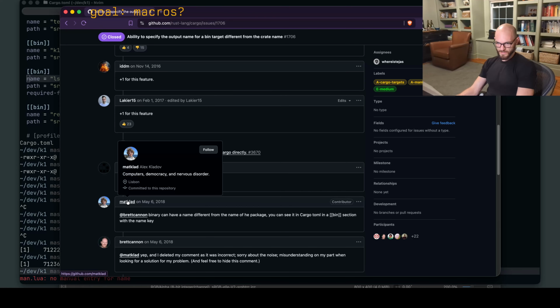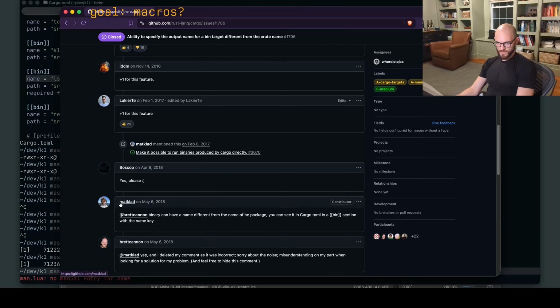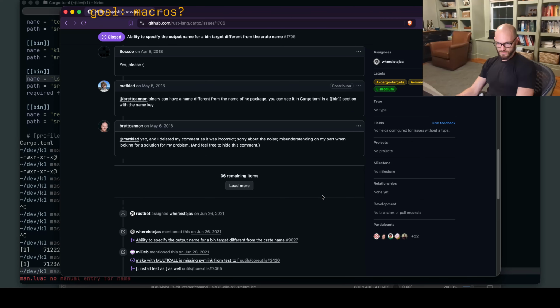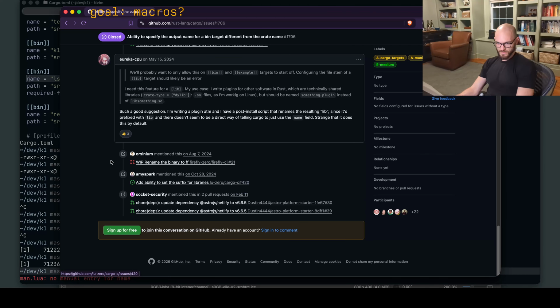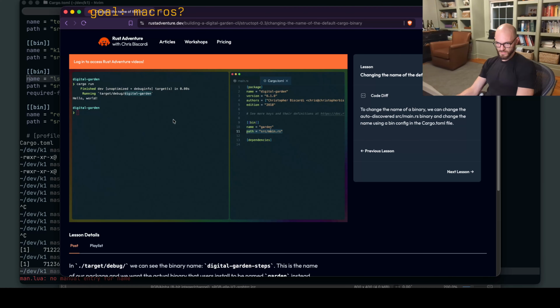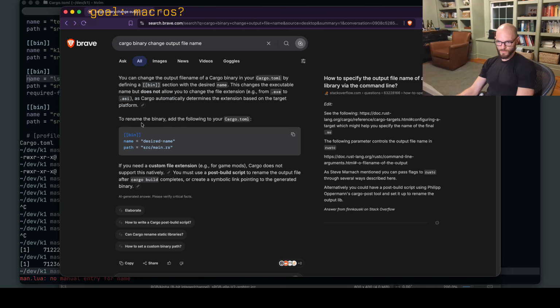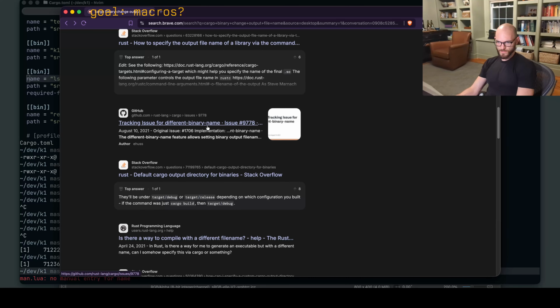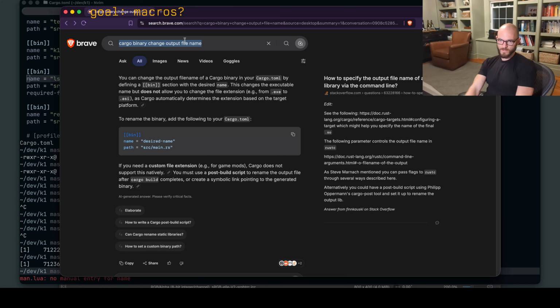Matt Clad in 2018, Rust Adventure? This doesn't look good. Oh no. Renaming debug executable breaks it.